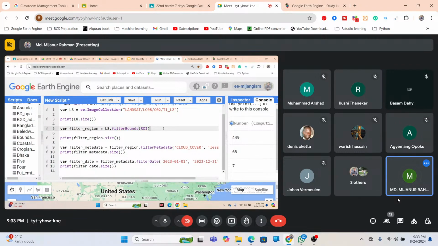Suppose first, where you need this image. For the where, we use the filterBounds function. Then filterMetadata, which is the how. Suppose I need the image with less than 1% cloud cover, so that is the how. And then second and finally, filterDate. Basically, when you need this image for a specific time period. So basically where, how, and when, using these 3 factors, we can easily filter any large number of image